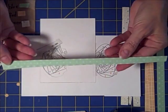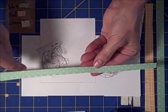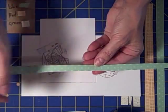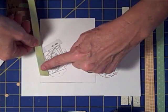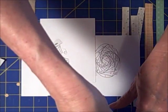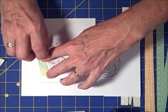And you can see on this piece that it's not a perfect strip. As long as one edge, the edge that you're going to use, is straight, it really doesn't matter about the other edge. It's not going to show. So I put down a piece that I need on 2. I need about that much. And lay it down. Take a little piece of tape, line it right up on that line, and tape it